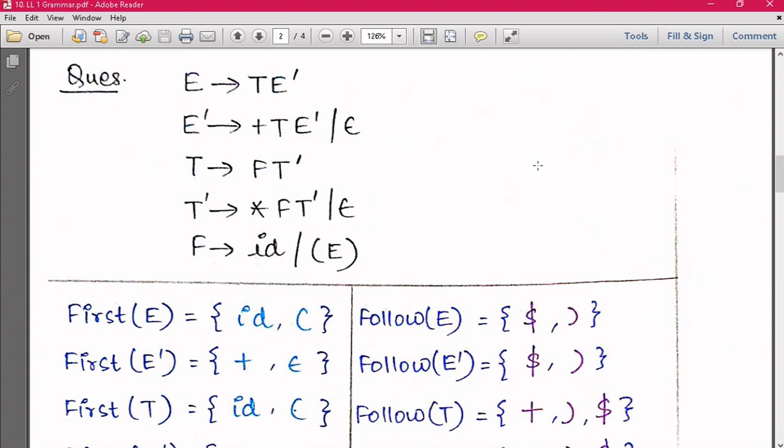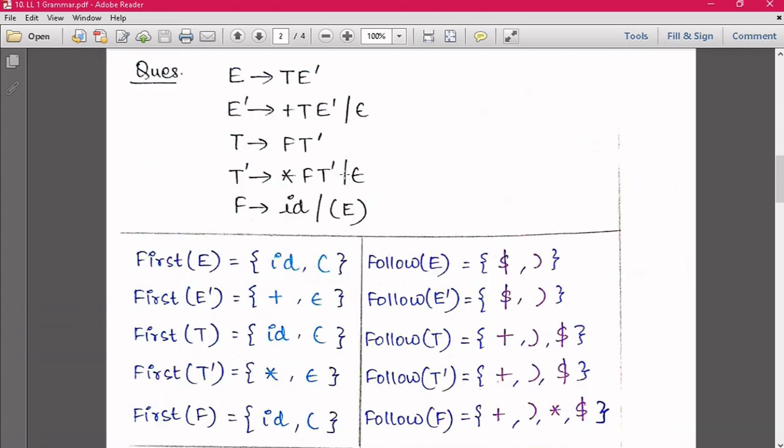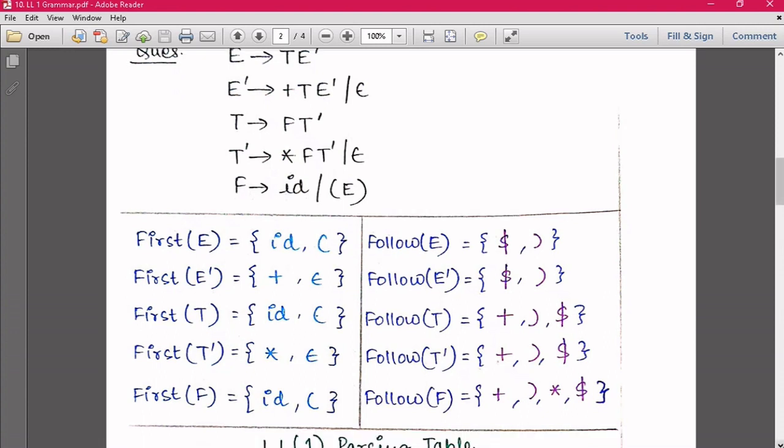So here you can see we are given these productions, and for them I have calculated the first as well as the follow, right? If you do not calculate this correctly, then obviously the numerical is going to be incorrect. Now see what you need to do